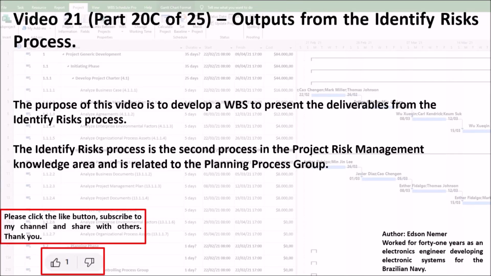Video 21, Part 20C of 25, Outputs from the Identify Risks process. The purpose of this video is to develop a WBS to present the deliverables from the Identify Risks process. The Identify Risks process is the second process in the Project Risk Management knowledge area and is related to the